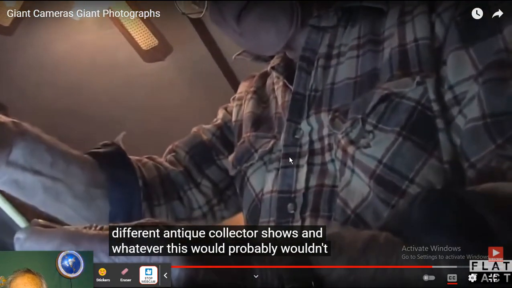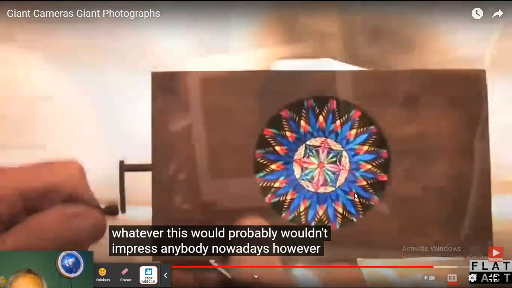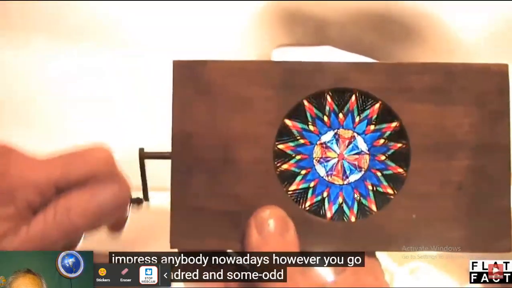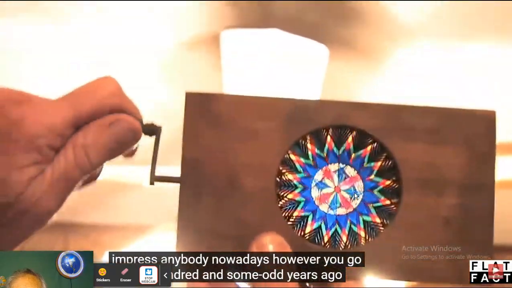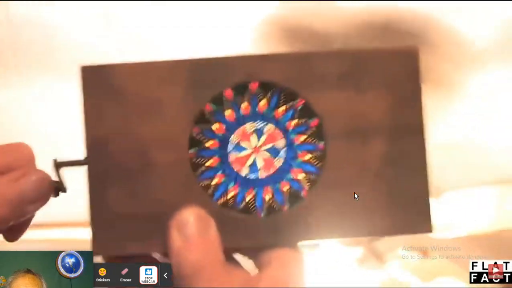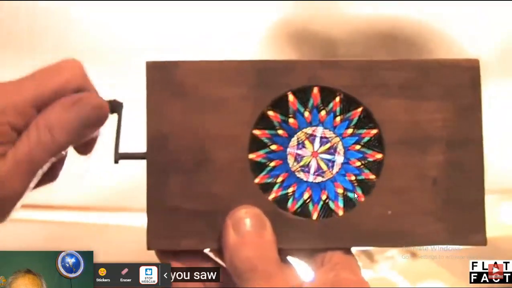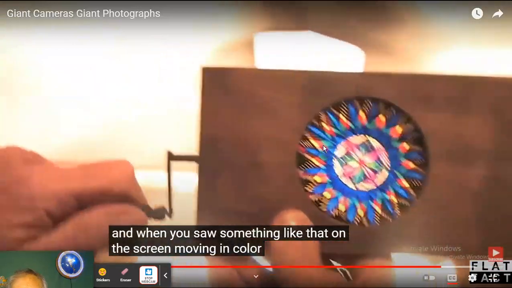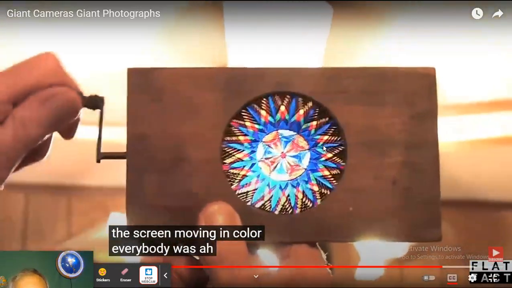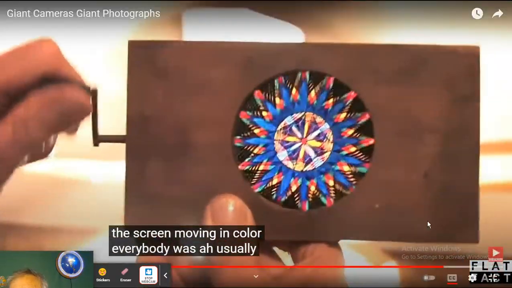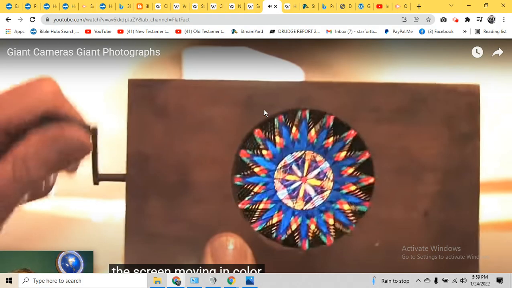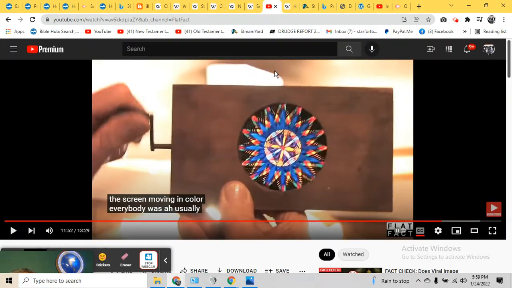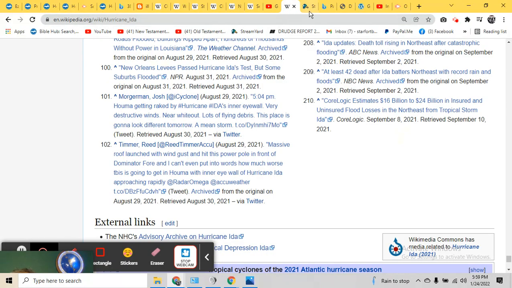And this probably wouldn't impress anybody nowadays. However, you go back 100 and some odd years ago, and when you saw something like that on the screen, moving in color, everybody was, ooh, ah. And now all they've done is backwards engineer everything to where we end up